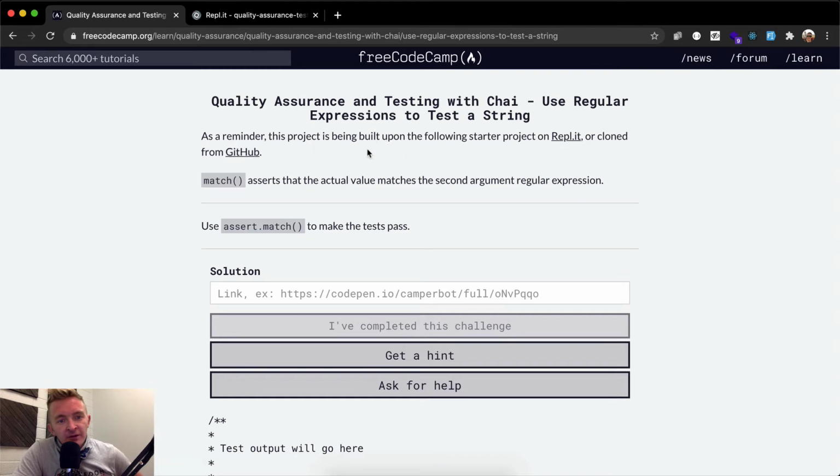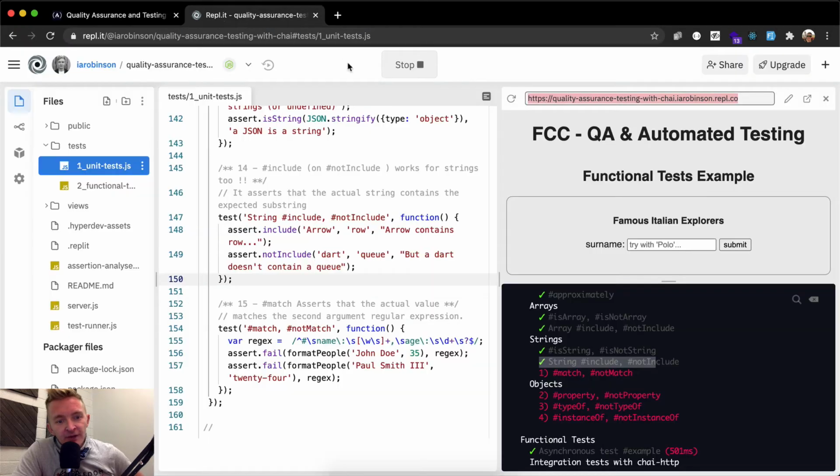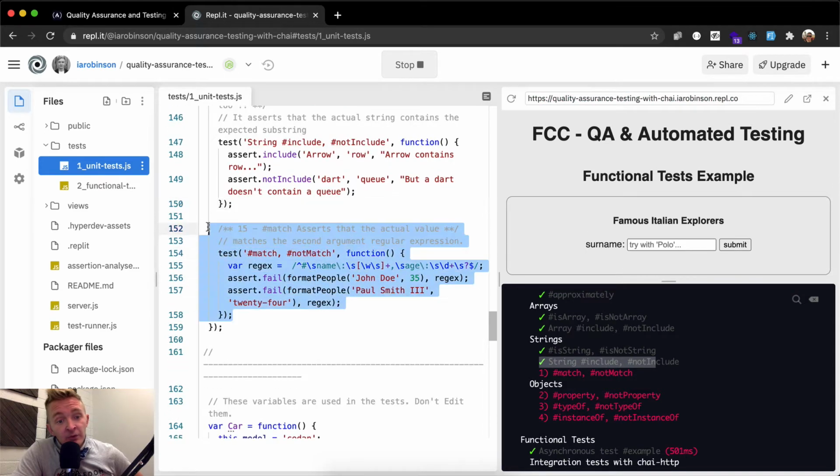As a reminder, this project is telling you to set it up. We've been doing it on REPL.it. If you haven't been following along with this one, I recommend that you do that. We're moving into this section of the